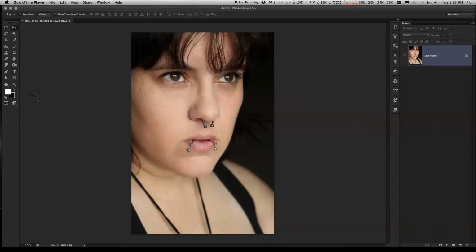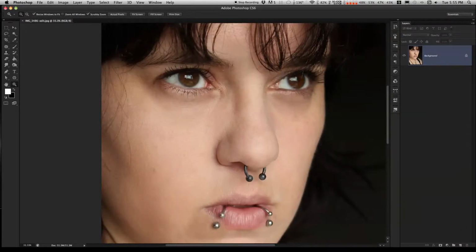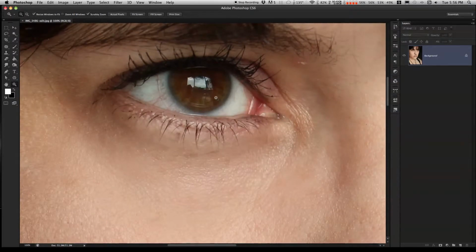because that is exactly what we're going to work on. And I'm going to go to my magnifying glass, make sure I have a little plus sign, and just zoom in. At the moment, I'm going to only do one eye and leave this one alone so we have a nice comparison of a before and after to give you an idea of what it looks like when you're done. So we'll zoom in here, and as you can see, this kind of reflection would be rather